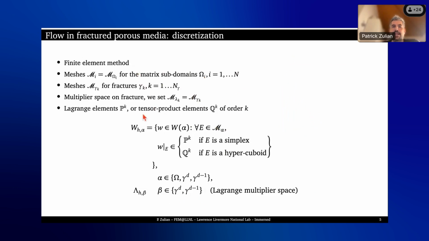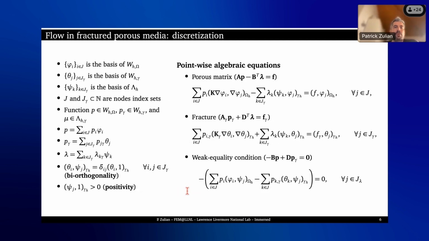In this case, we either use tetrahedral meshes or hexahedral meshes, or the 2D equivalent of that. And we typically choose the Lagrange multiplier space on the fracture mesh, such that the mesh of the Lagrange multiplier and the pressure is the same, but we can choose a different space. So if you do the typical expansion of the finite element function as a series of coefficients and basis functions,